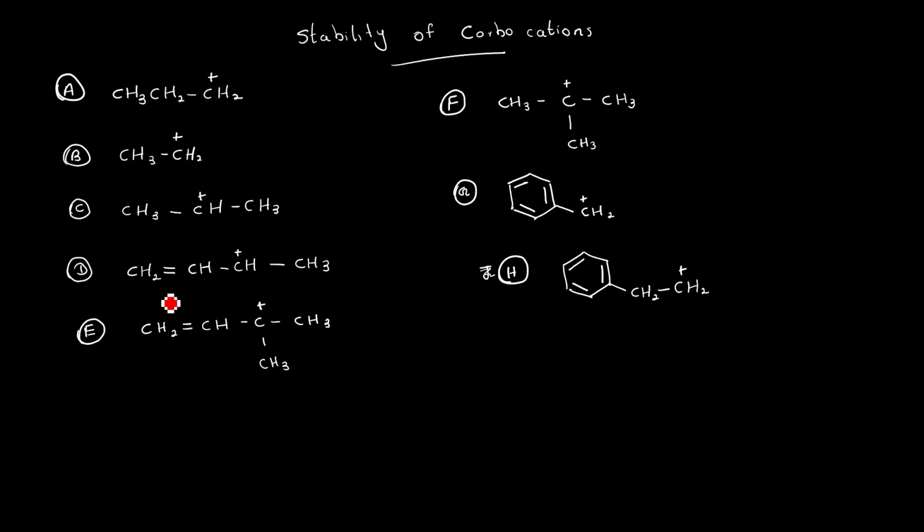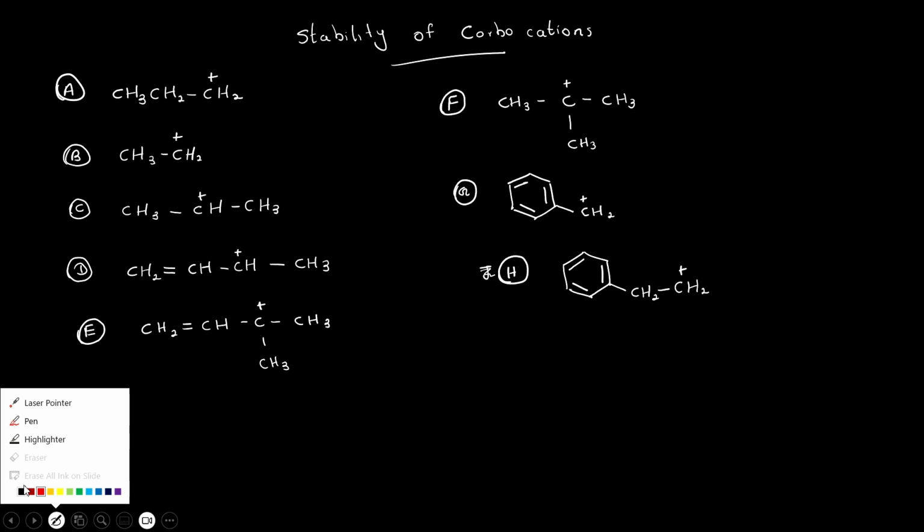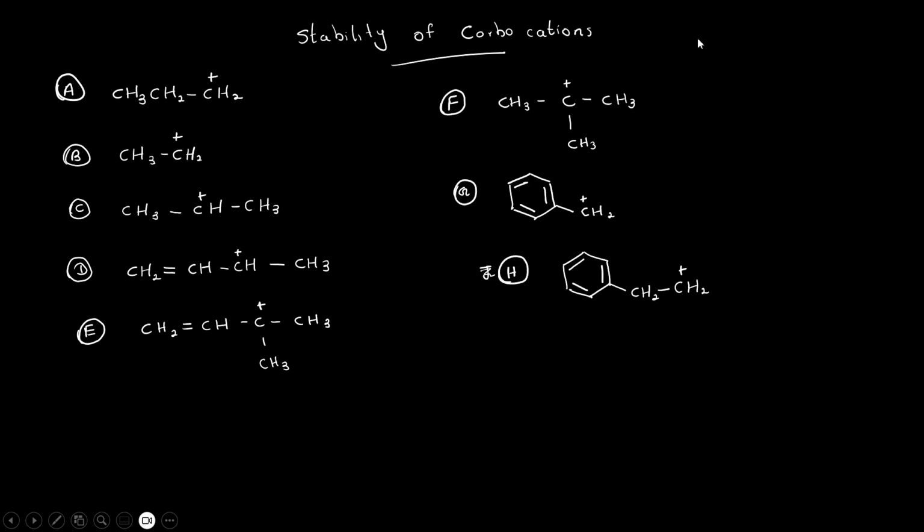Here I have drawn A, B, C, D, E, F, G, H. There are 1, 2, 3, 4, 5, 6, 7, 8 structures, 8 carbocations. We are going to order them by stability. I will explain how we can do this, what factors we are going to look at, and which factors are more important when it comes to stability. Okay, so when it comes to stability, always remember,